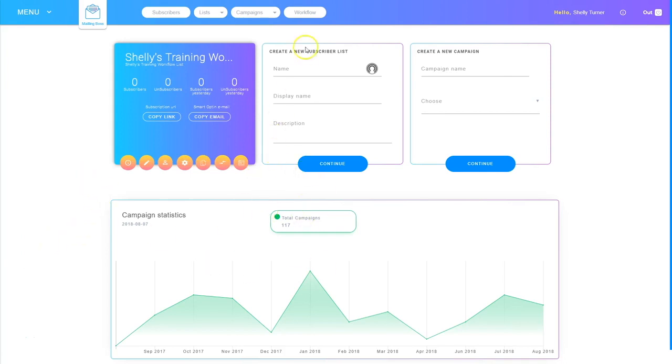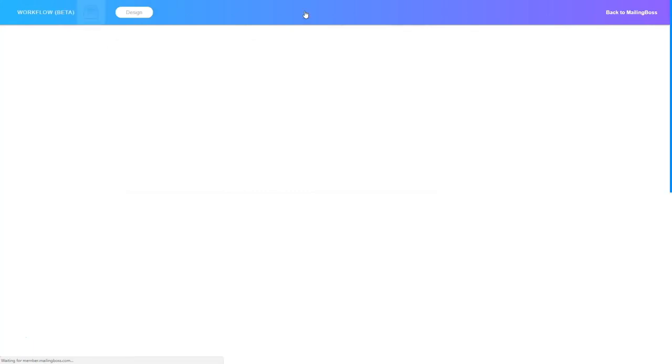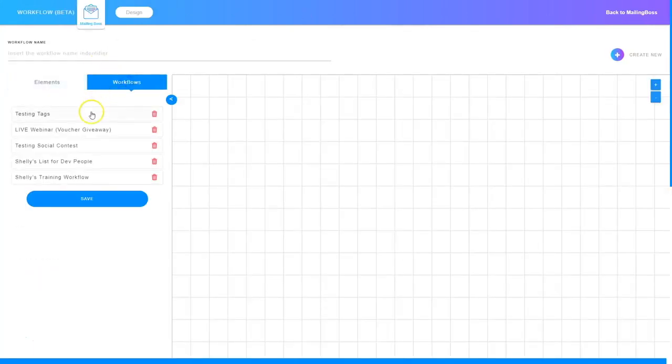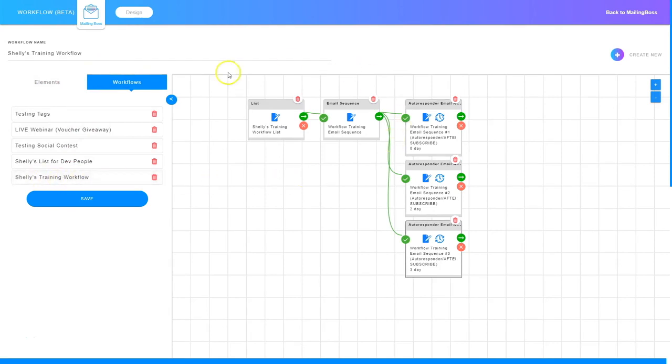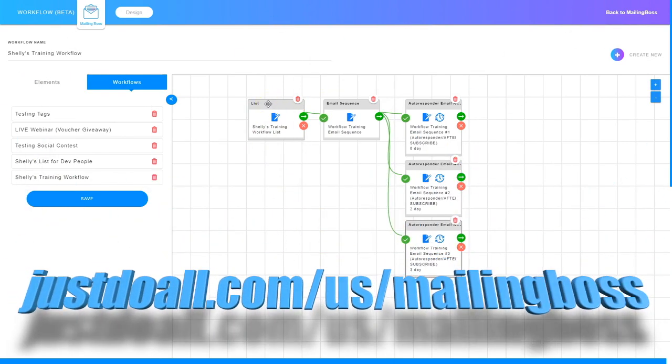So I'm logged into Mailingboss, and I'm going to go into workflow, and I'm going to click on workflows and find the workflow that I'm working in. I'm going to click it, and that opens up my workflow. Now here's my list right here, and I want them tagged as soon as they are added to this list. So to do that, I just need to click this green arrow, and when I click the green arrow, I